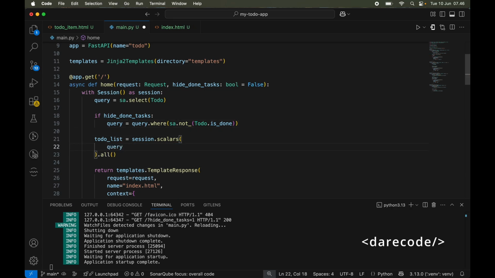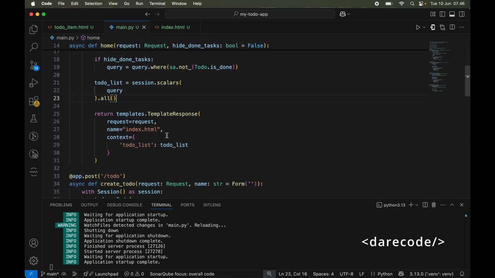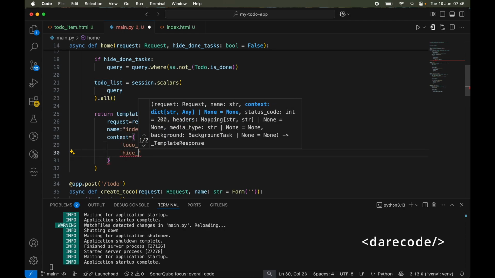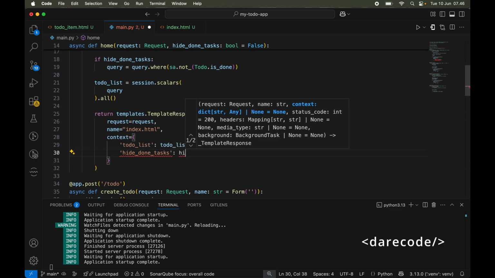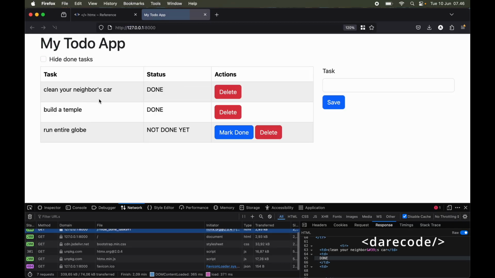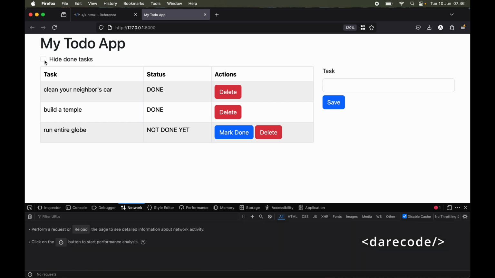Okay, change. And don't forget to add the hide done task context. Okay, let's do it again. Refresh, clear the log, try.